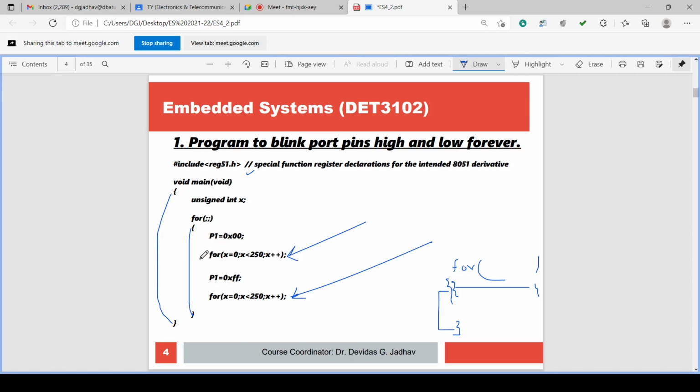So only the for loop instruction will execute. The for loop executes so many times unless and until it becomes false. But the immediate next instruction, like this P1 = 0xFF, will not execute along with the for loop. That will execute separately, but it will not execute as a part of the for loop.